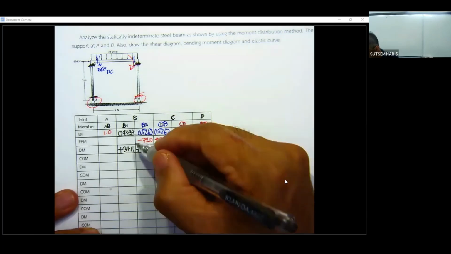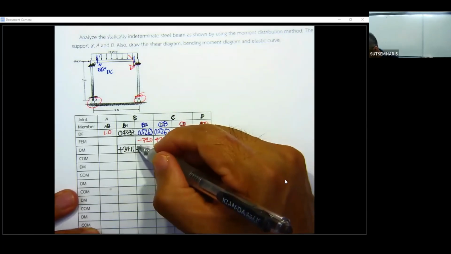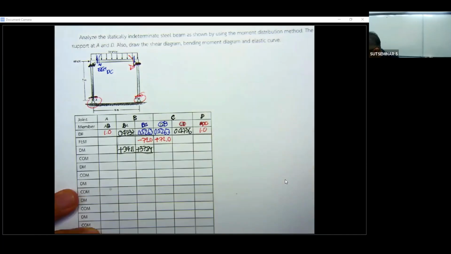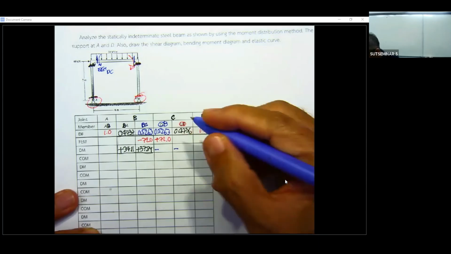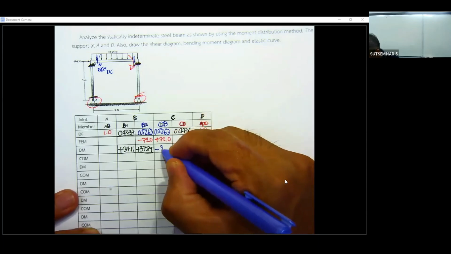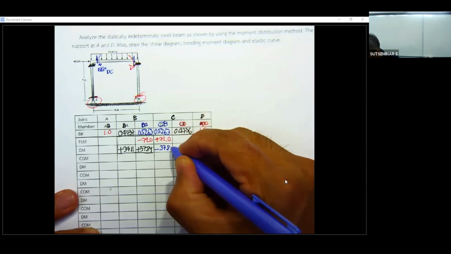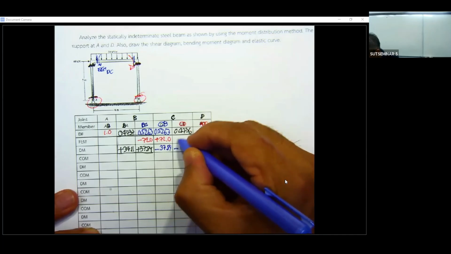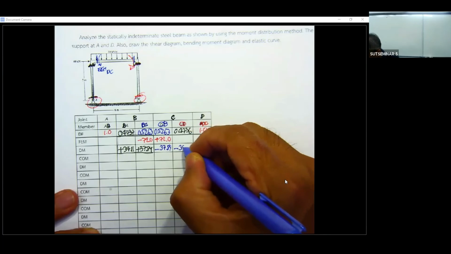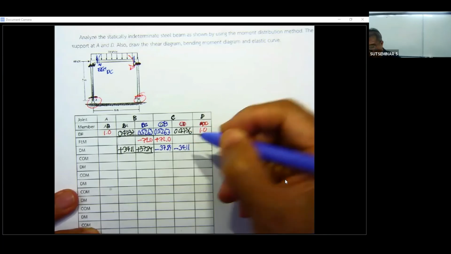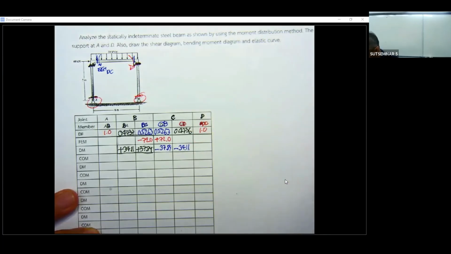Okay, this imbalance, the sum of them is 0. And then a little bit further, you require this one for the negative 72. That time this is going to be 37.89. Negative 72 times 0.476 is going to be negative 34.11. Okay, you have